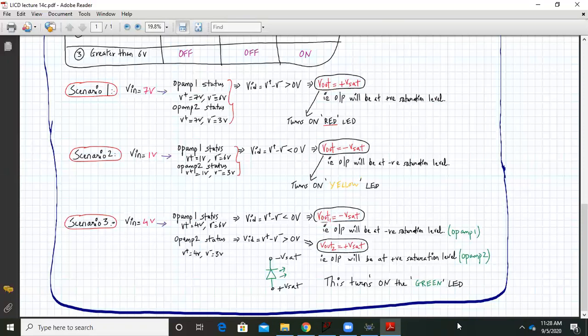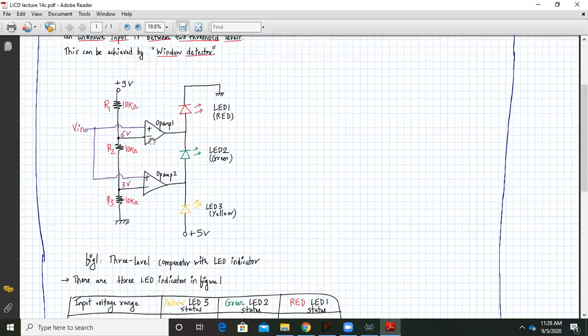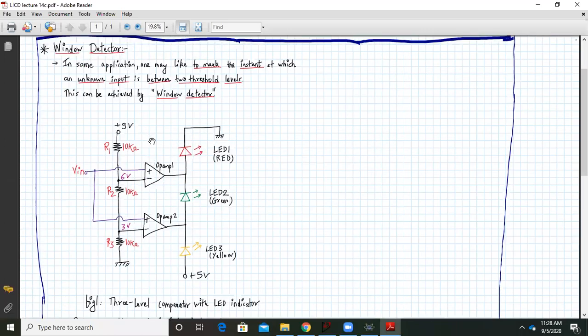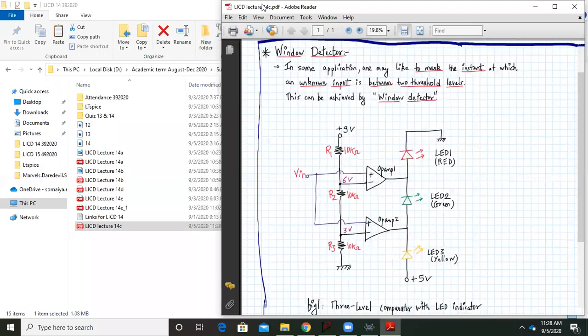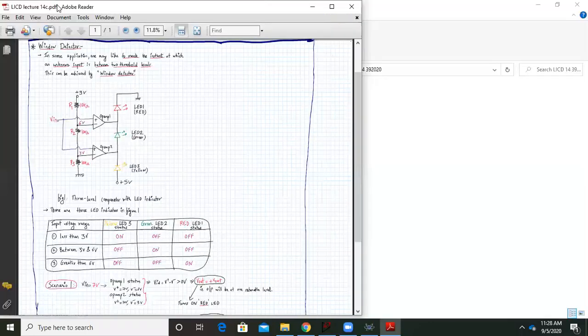I've already covered this right away. Okay, so what we will do is, I set up the circuit. We'll verify this circuit now in Proteus. I've already made up the circuit for your reference. Just let me show you all that.